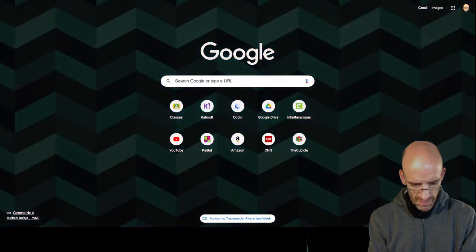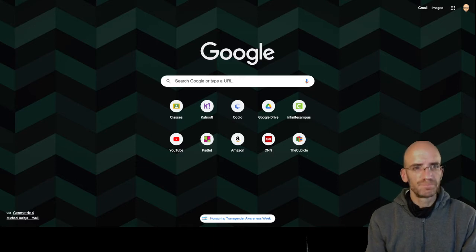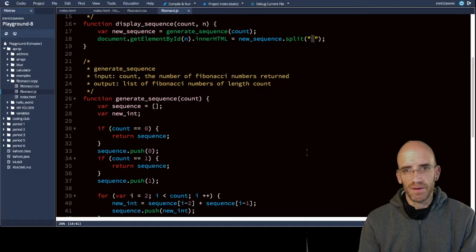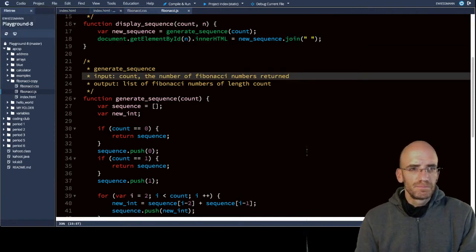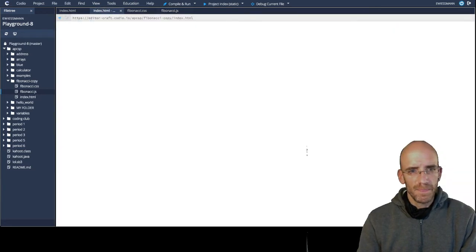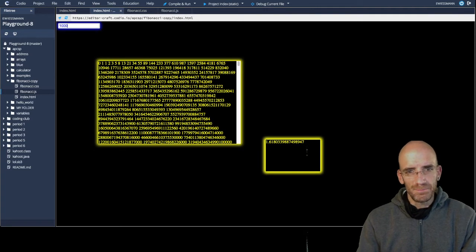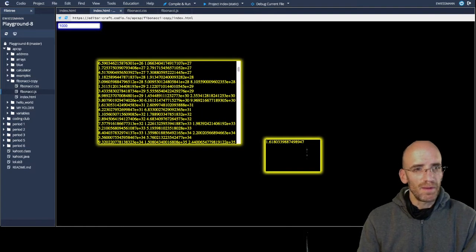So let's search how to print an array with spaces, JavaScript. Join. Looks like join might be the word that I'm going for. And so now, you can see that there are just spaces, I think it looks better. And now it also does word breaks and word wrapping correctly. If you want bigger spaces,